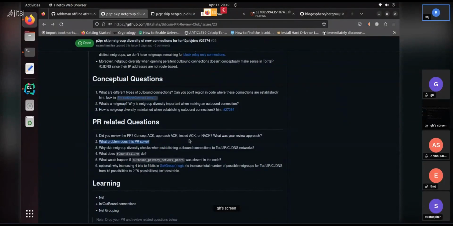So what problem does this PR solve? Exactly what we discussed now. Yeah, so in summary, it basically solves the problem of hitting that limit of 16 groups possible for privacy addresses. Semantically this doesn't make sense, so we are unnecessarily bounded by 16 net groups for privacy-only networks, whereas we could go further and we should not require that bound. So this PR basically removes that bound